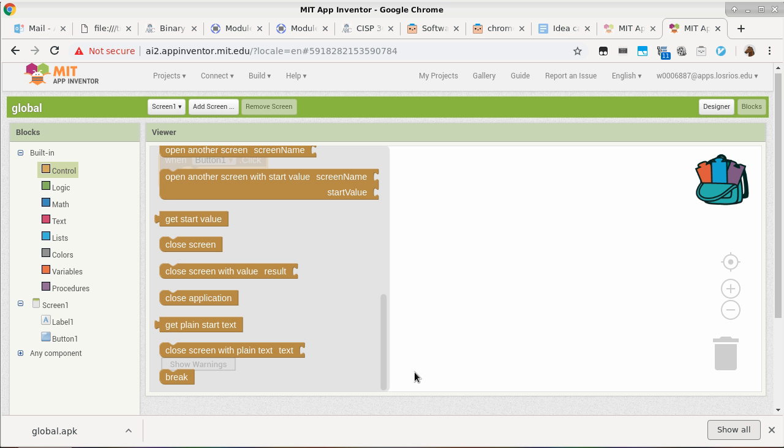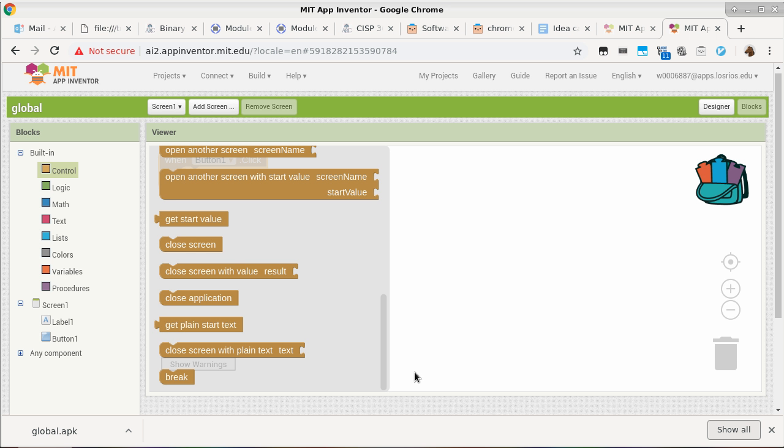So if there's only one thing you want to pass, like a number, you can just stash the number into start value. But if you have username, user profile information, settings for the app, a whole bunch of stuff, then it's good to use JSON to encode all of it into a single string, and then specify that one single string as start value.